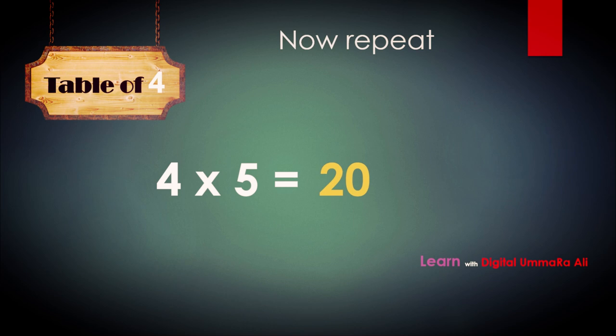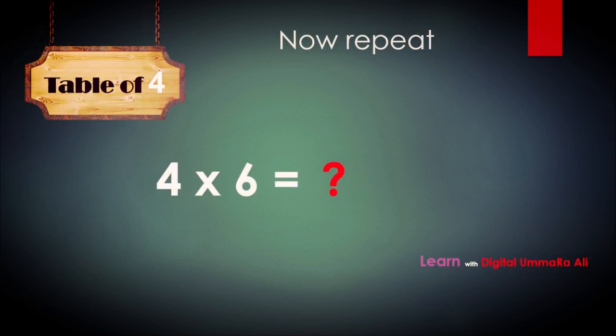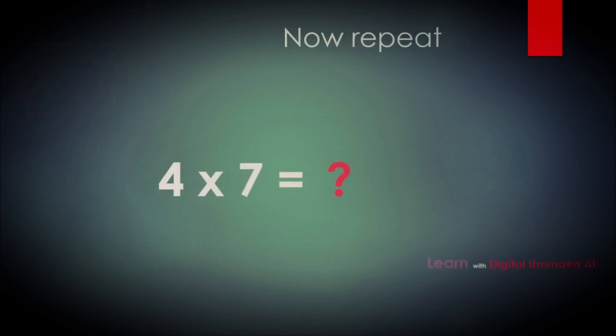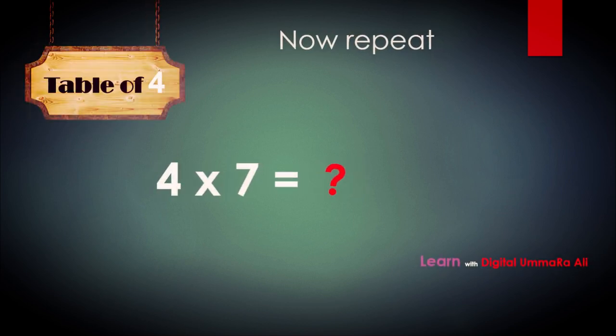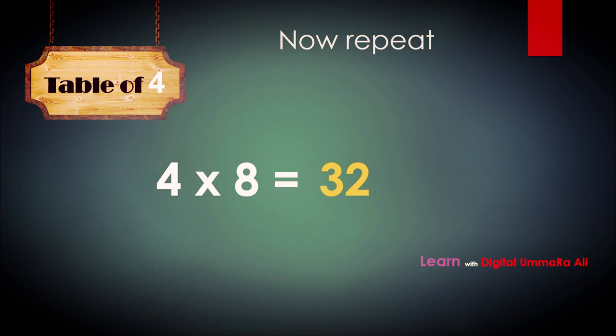Yeah, let's go. 4 sixes are 24. 4 sevens are 28. Yay! 4 eights are 32. 4 nines are